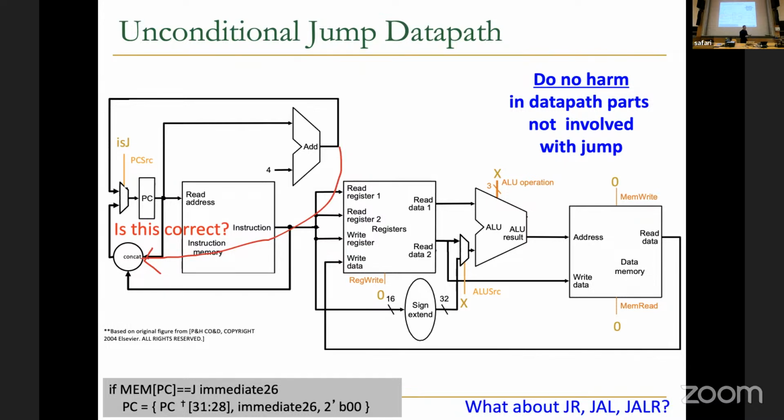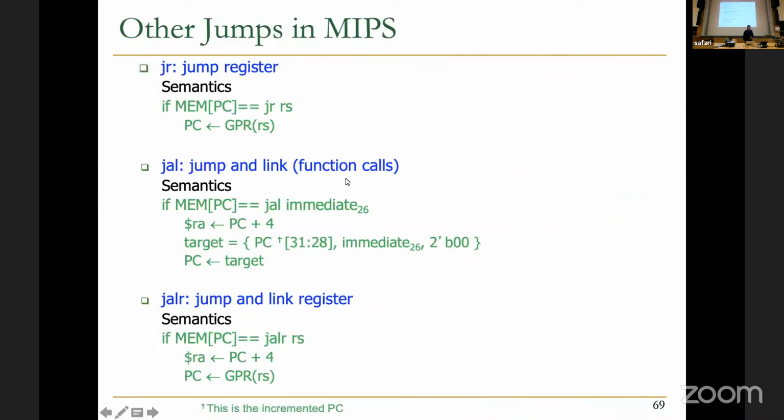For example, jump register. Jump register says, take the value of a register specified by a register ID and place it into the program counter, right? Which means you need to provide a data path wire from here to here and complicate this multiplexer, right? Now, that's not just is jump. It depends on the type of the jump, right? The control of that multiplexer. Jump and link says, well, okay. Basically, this is the specification of the jump register. As you can see, we just did that. Jump and link is a little bit more